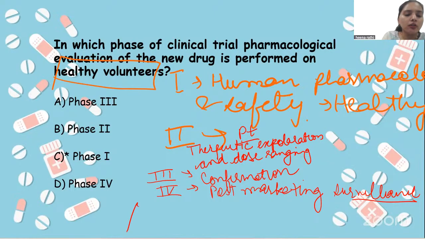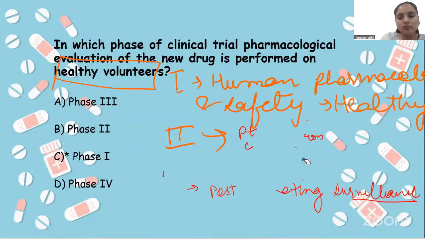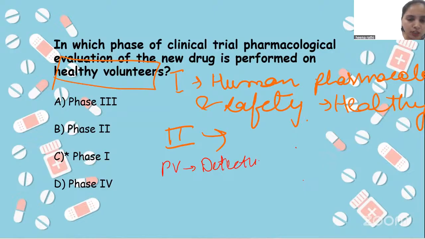pharmacovigilance program. What is pharmacovigilance? Pharmacovigilance is the new program which is launched by various countries. It is the science and art of detection, assessment, understanding, and prevention of the drug related adverse effect in the body. So pharmacovigilance is a science and art of detection,